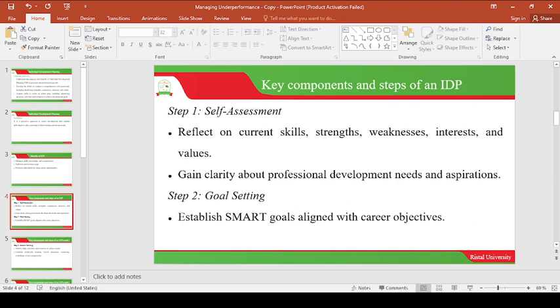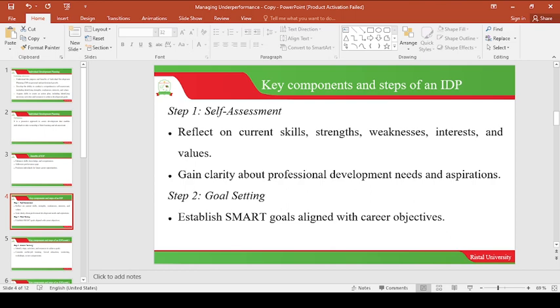But if you're okay in mathematics, then you choose statistics or any course to do with finance, accounting, things like that. It will be okay with you. So that is how your weaknesses and strengths can help determine which course, which program to go for as part of your development program.